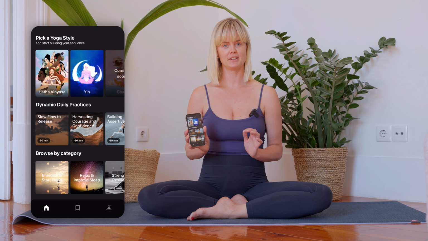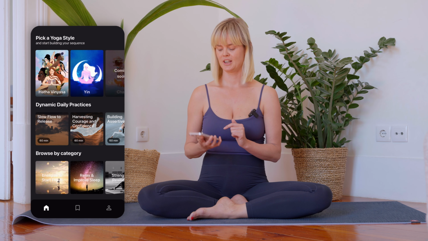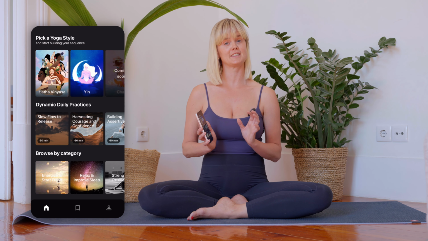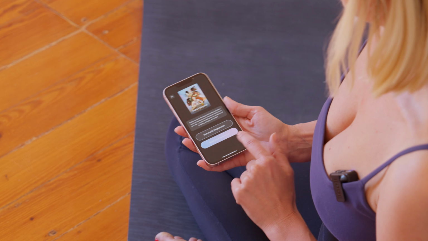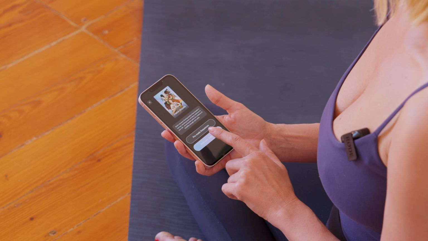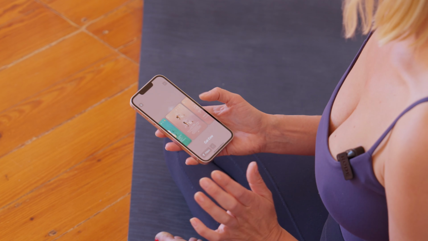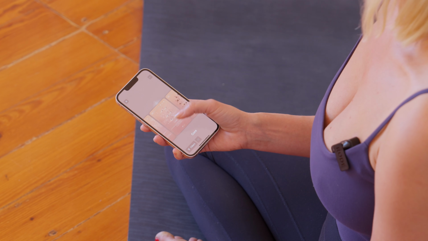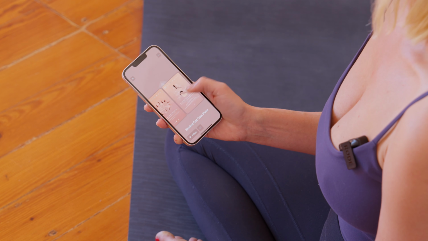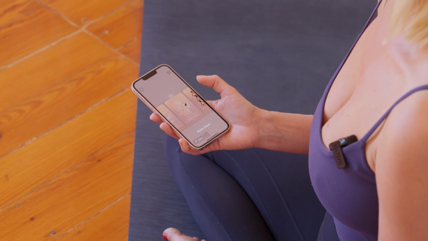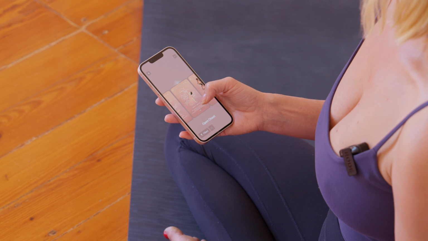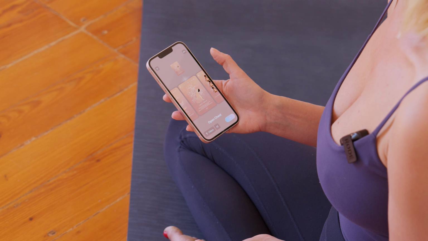So I've opened my app here, and I'm going to go right in and show you our main feature, which is the sequence builder. So we're opening it up and I'm going to click build your sequence, okay? And here I have all of the cards in my Hatha and Vinyasa decks. And then when I find the asana that I want, I just simply swipe up to add it to my